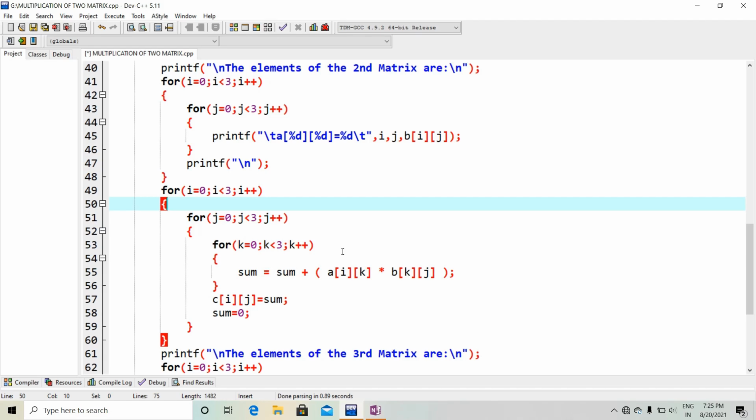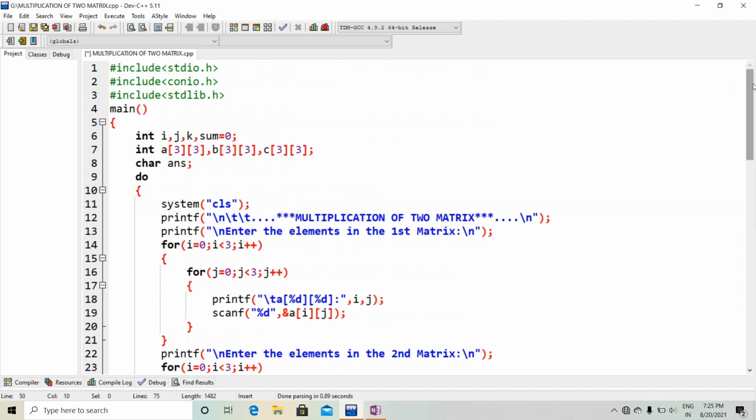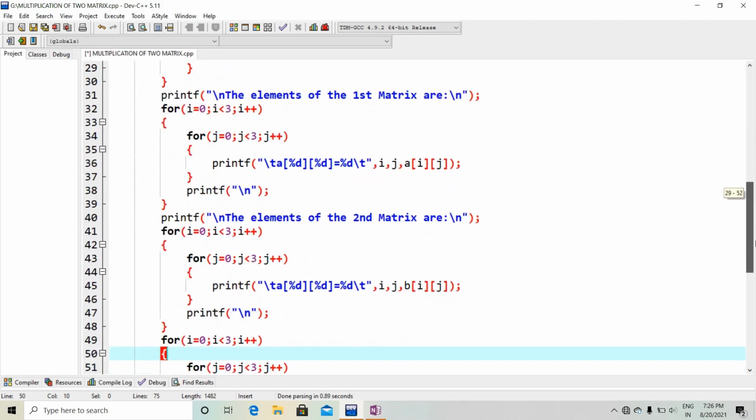That means in the resultant matrix we store the result, that is the sum or the difference. But here we have to take three loops, so we have to take one extra variable, that is k, and you can see here I have taken k at first. Here I have also taken one extra variable, sum equal to 0, which will be initialized with 0.